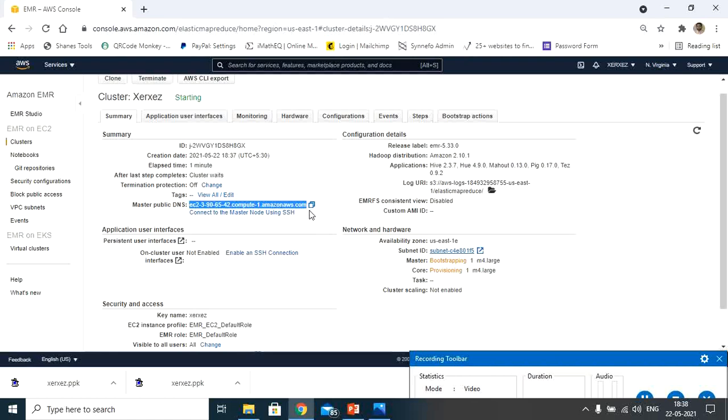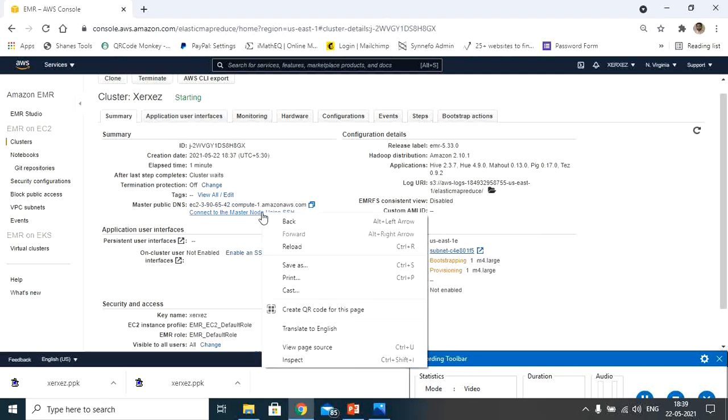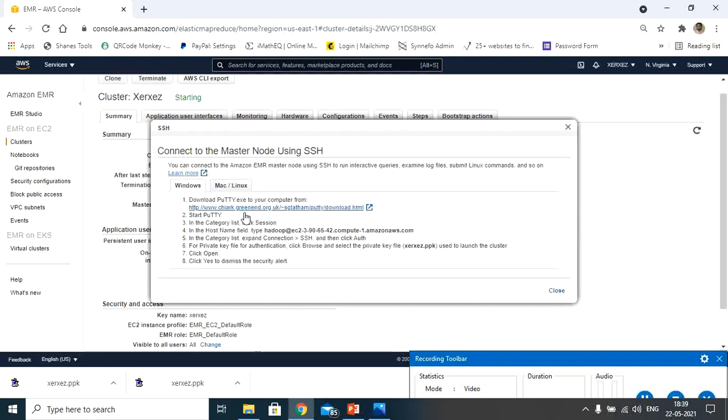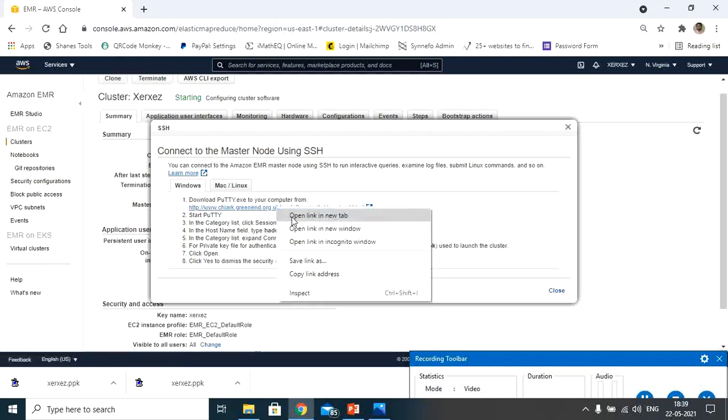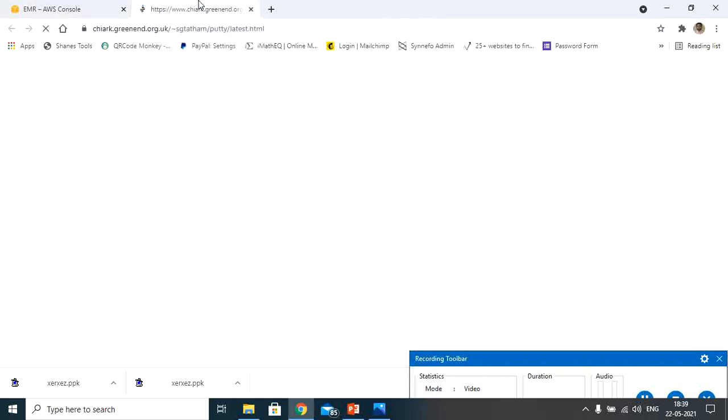access my master node. As I told you, next is how to access the master node. To access the master node we need one more third party software called PuTTY. To get PuTTY, just right click on this, or you can hit on this, and it will guide you on how we can access this machine. To access the machine, just go to this exact location, the link they have given. If it is Windows, for Mac it changes, the procedure of accessing the master machine. Now next, hover over to this.